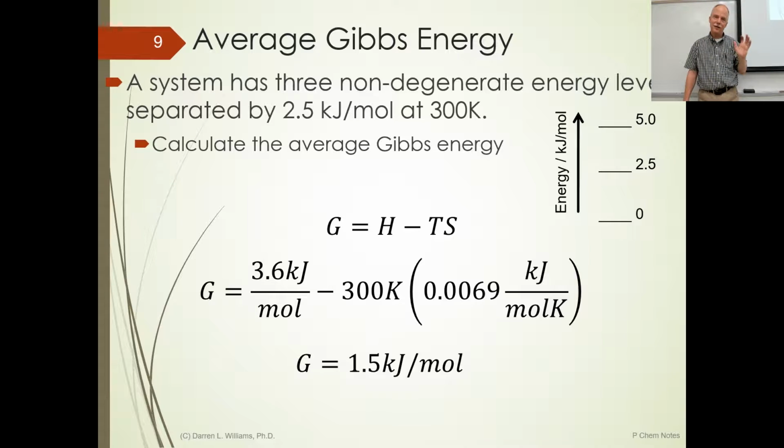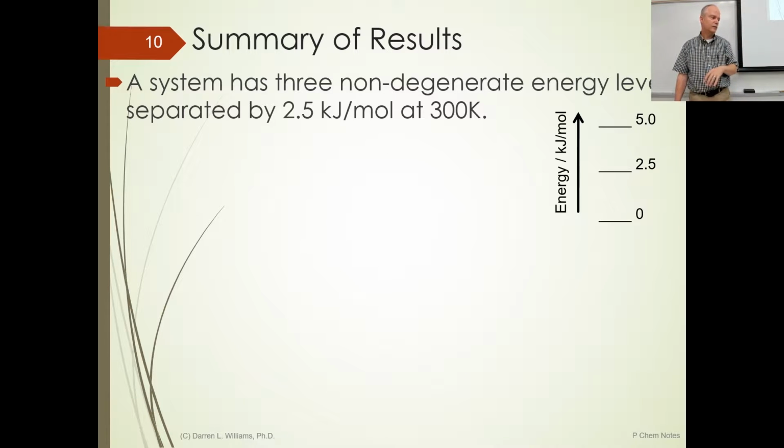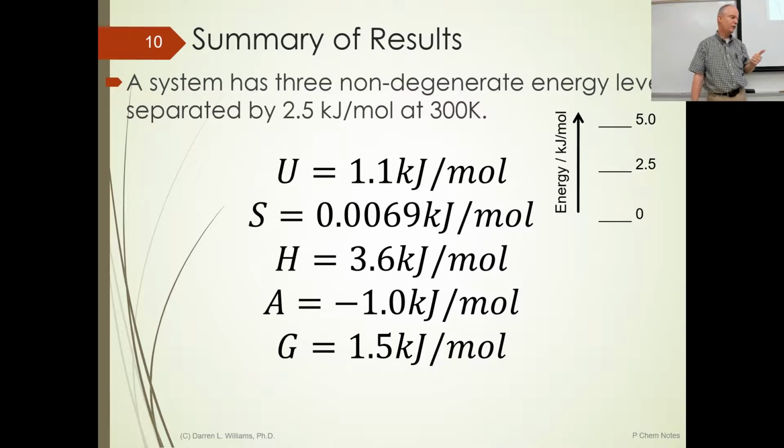Gaussian is doing something similar, okay? Only it doesn't really have a three-level system. If you've got a molecule like this azaborole, benzoxide, it's enormous. You're going to have all those vibrational modes in there. So it's not just a three-level system. It's got the vibrational modes. It's got the rotational modes. It's also got the electronic. It's not calculating the translational explicitly. It's using the equipartition for the translational piece. And so these are the summary of the results.